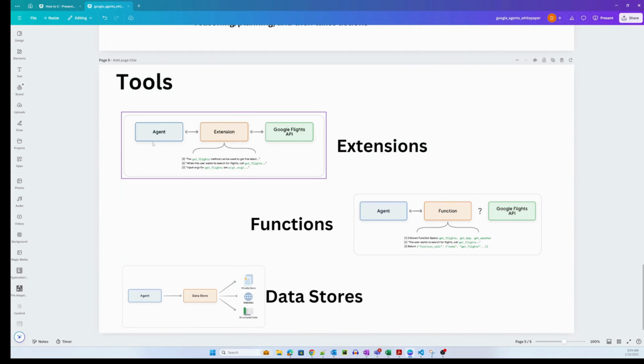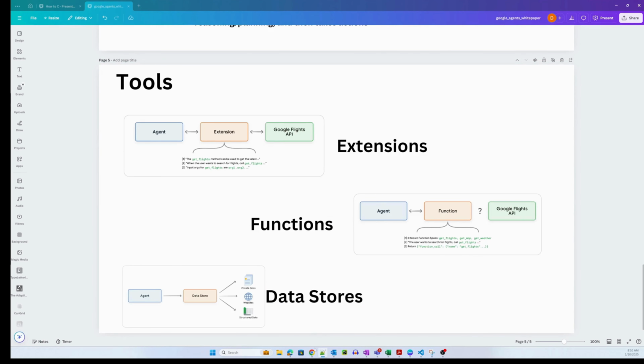Now, this was probably my biggest takeaway, and something I was excited about because I wanted to see a different approach on how to leverage tools and augment the performance of an LLM, or of an AI system, to execute the tasks of a workflow efficiently, right? So Google has defined three types of tools: extensions, functions, and data stores. And we'll be talking about extensions and functions.